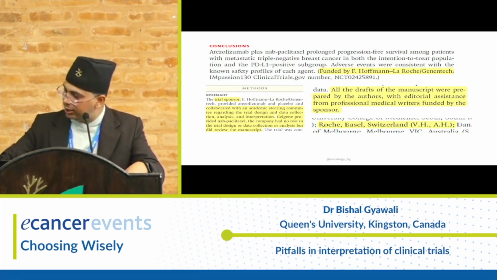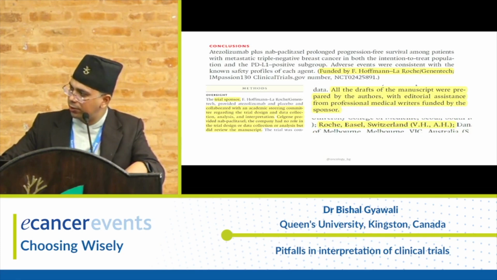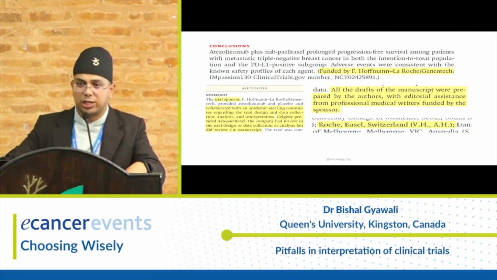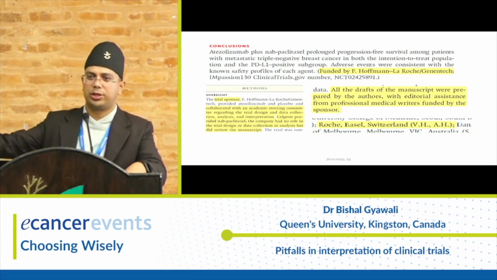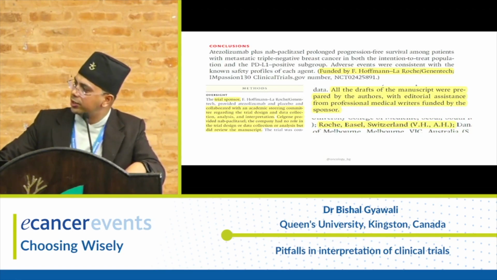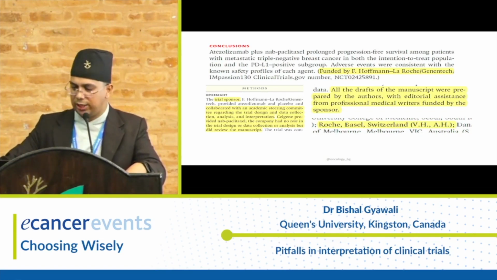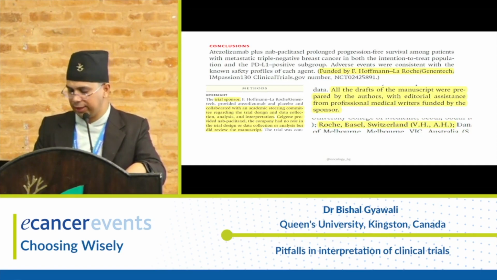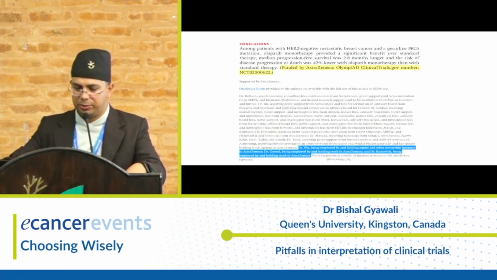So that's why, simply because something is in the New England Journal of Medicine does not mean you can take it for granted. And then the other one is showing the affiliation of authors. So 2 of the authors actually belong to the company. So it's not just professional writers, but 2 of the authors are employees of the company. And depending on the journal, you can find this information at different places.